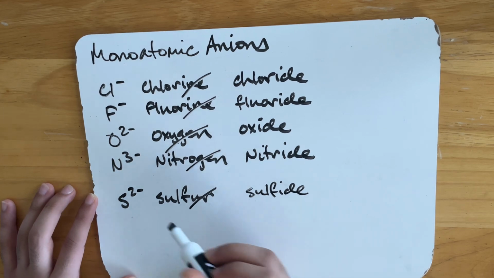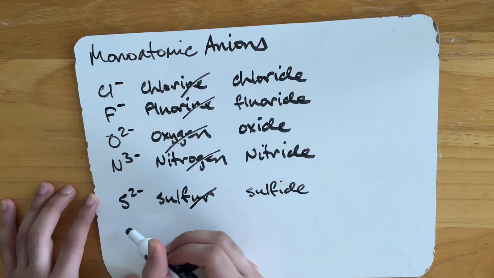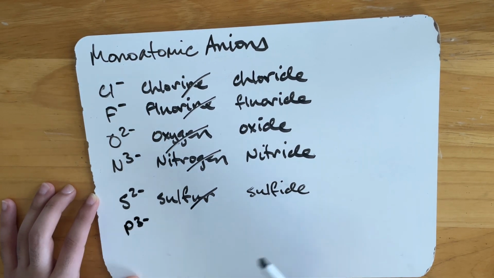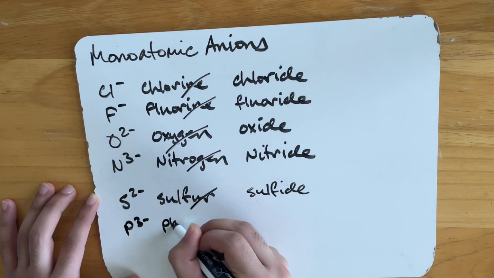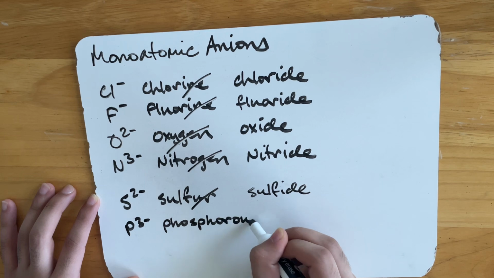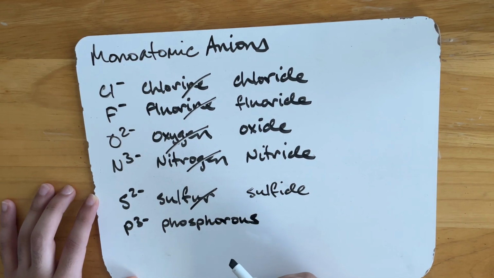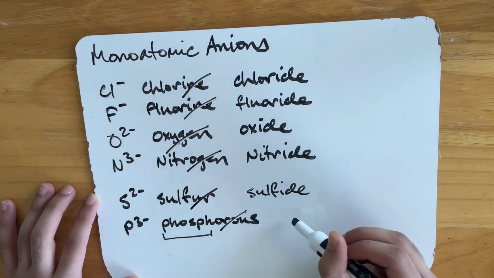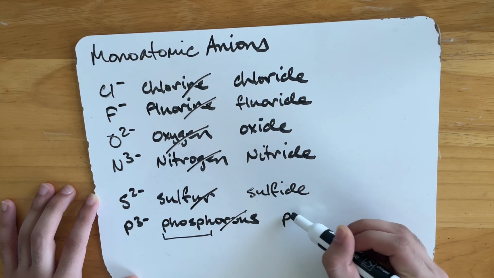And the same way for the P3 minus ion. We would normally have phosphorus. That's a long name. The ending and the stem aren't entirely clear either, but it turns out phosph is the stem. So we wipe off the "orus" and replace it with an "ide,"